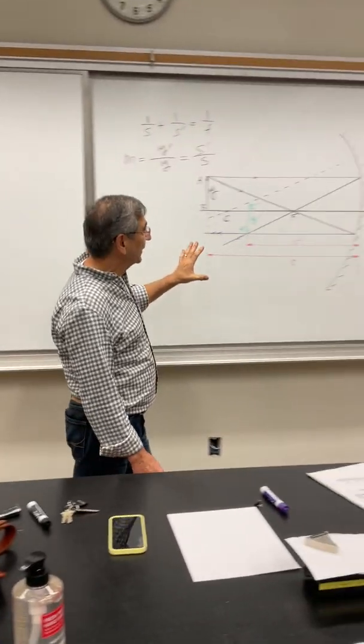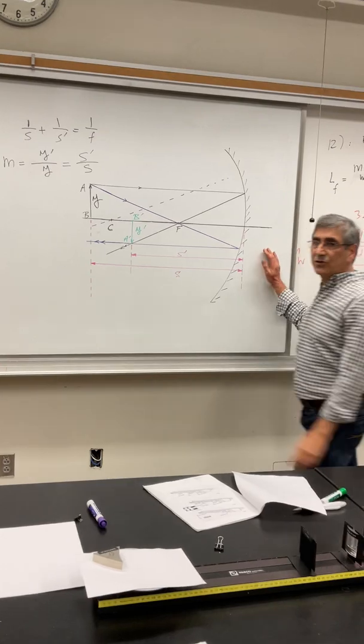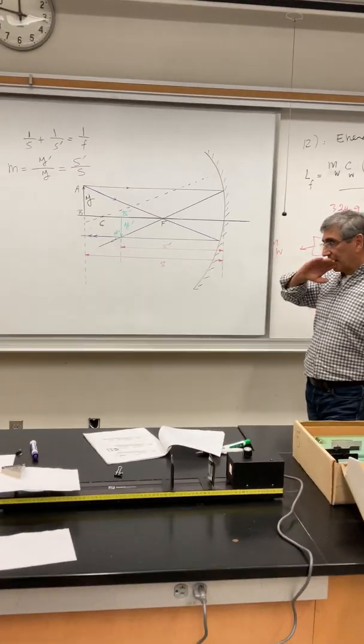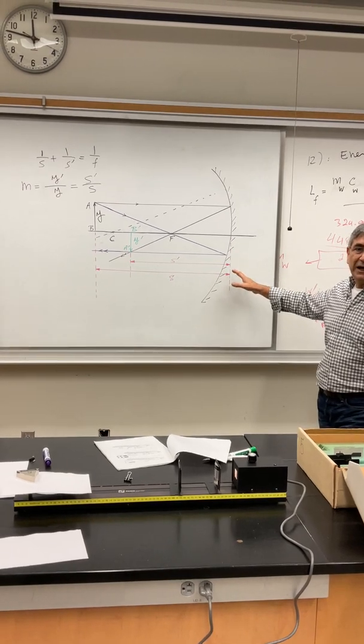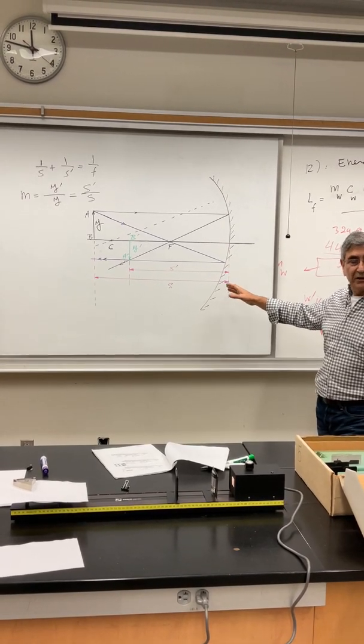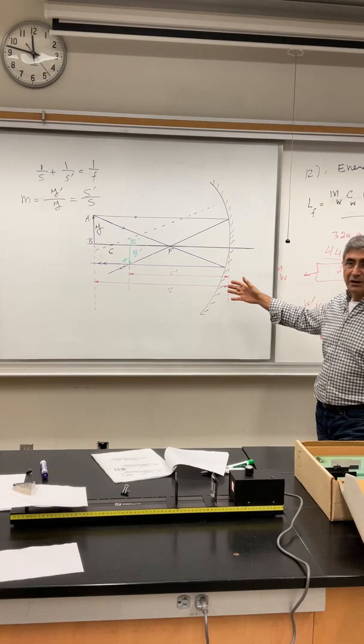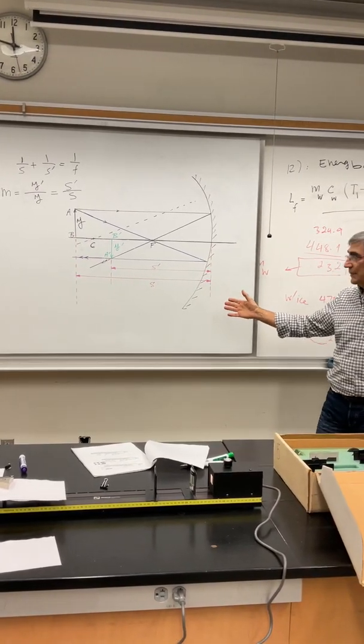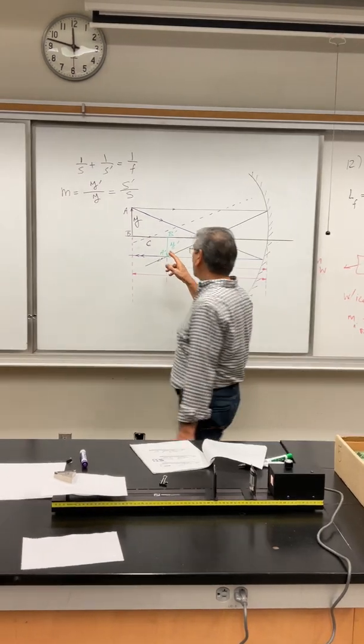For mirror, again, we have two types of mirror, as you know. We have concave mirror and convex mirror. We are not going to show you any image on convex mirror because there is no image. It's all virtual. But concave mirrors, they will produce a real image. And I've only shown one